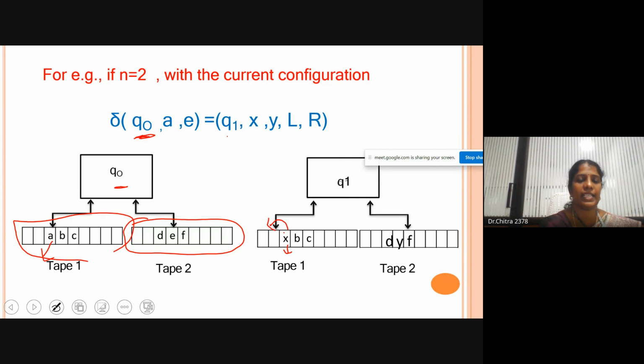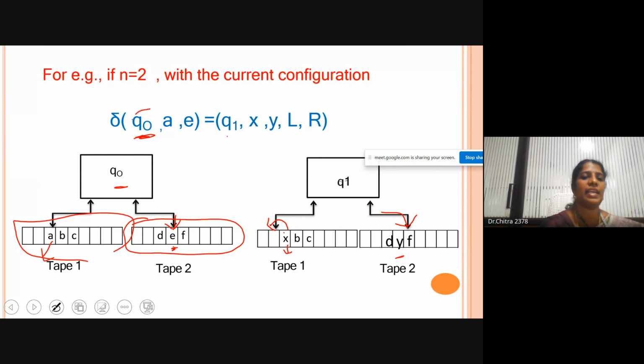And at the same time, you read the same input E, and this E is converted into Y, and the tape head moves right. So here I am performing two operations simultaneously. For parallel processing purposes, we use this kind of Turing machine. Here two processes are carried out parallelly in a